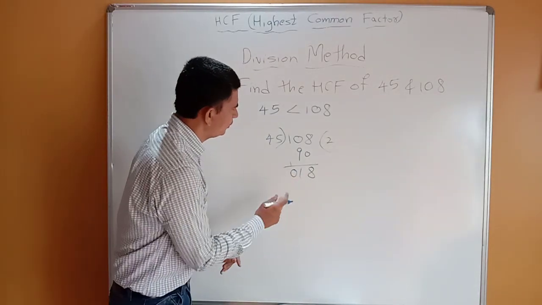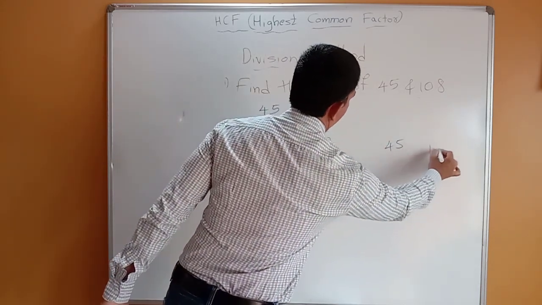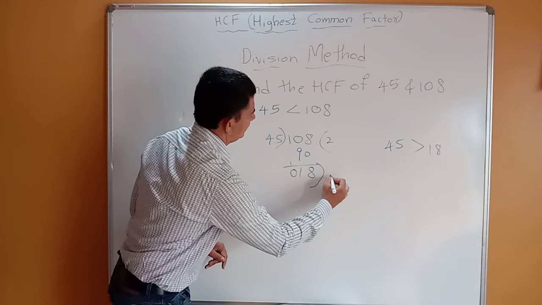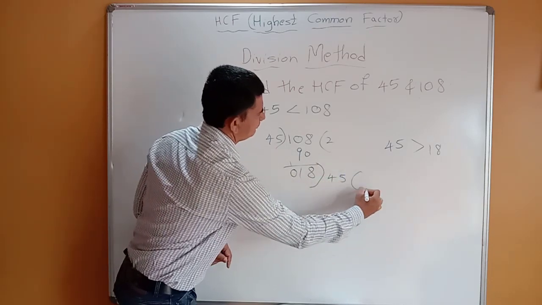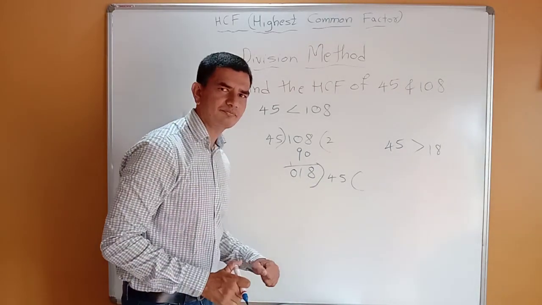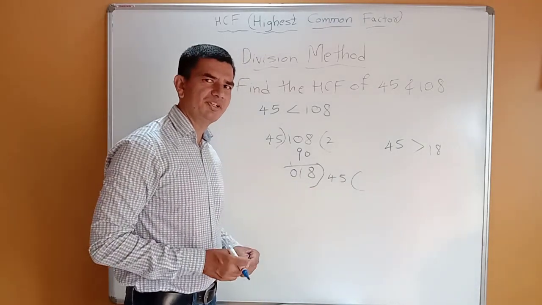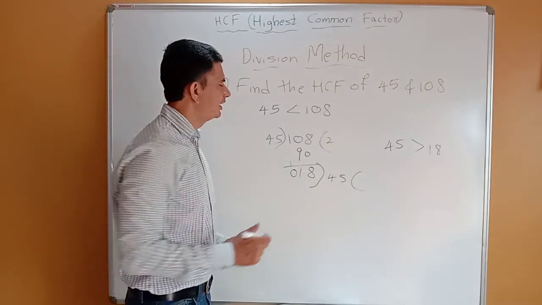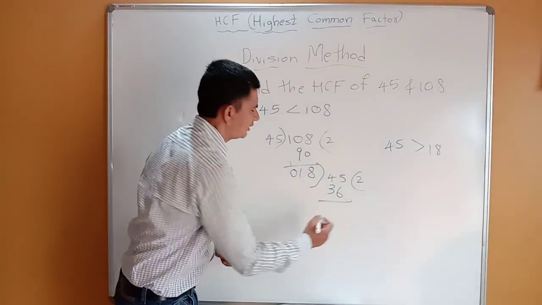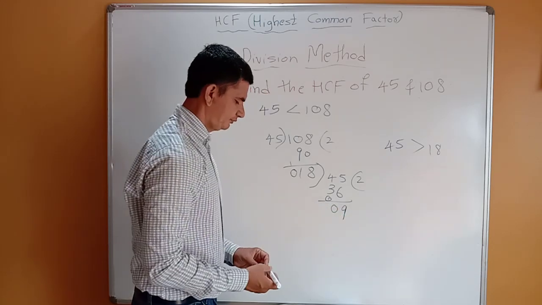After this, what do we have to do? With this 18 and 45, we just have to check which is the greater number. 45 is the bigger number. So we have to divide 45 by 18. In the 18 table, is 45 there? No. So we check: 18 ones are 18, 18 twos are 36, 18 threes are 54. So we can take 18 twos, which is 36. So 15 minus 6 becomes 9, carry 1, and 4 minus 4 becomes 0. So we got here